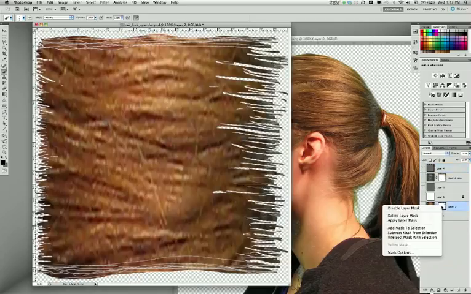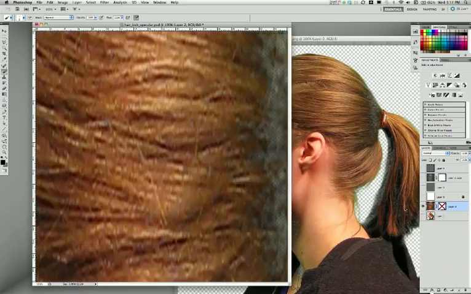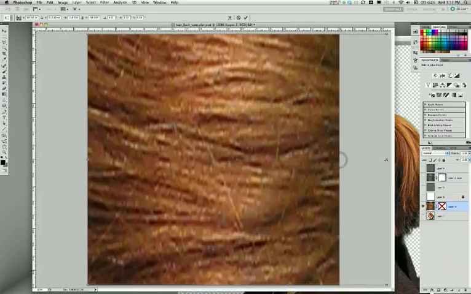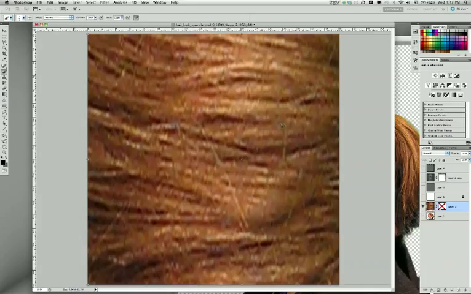I can switch off, right click on the layer mask, say disable layer mask, and I've got a little bit of a weird thing going on here, so I might actually just stretch this one out a little bit. Let's see if I can pull this over. Sometimes it just sort of, no, that will do it. Okay, right, so something like that,